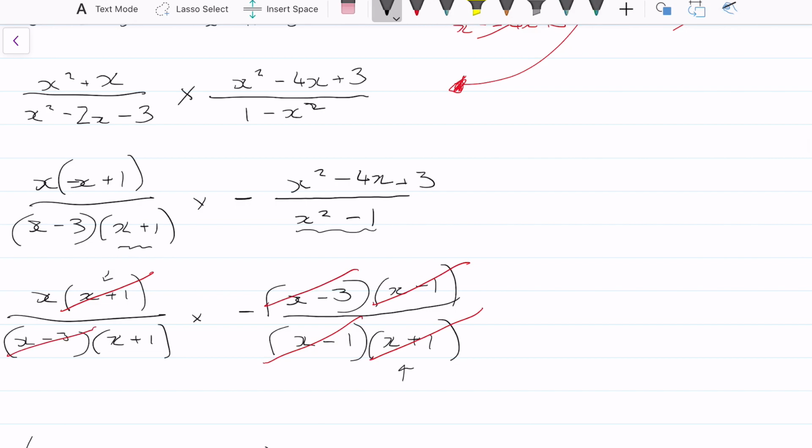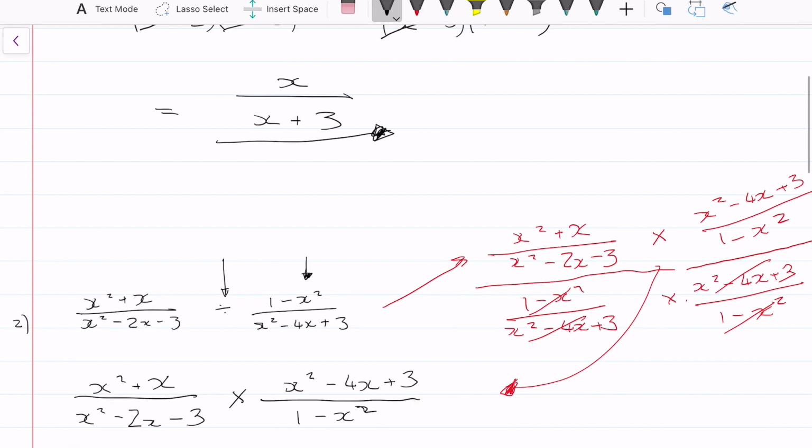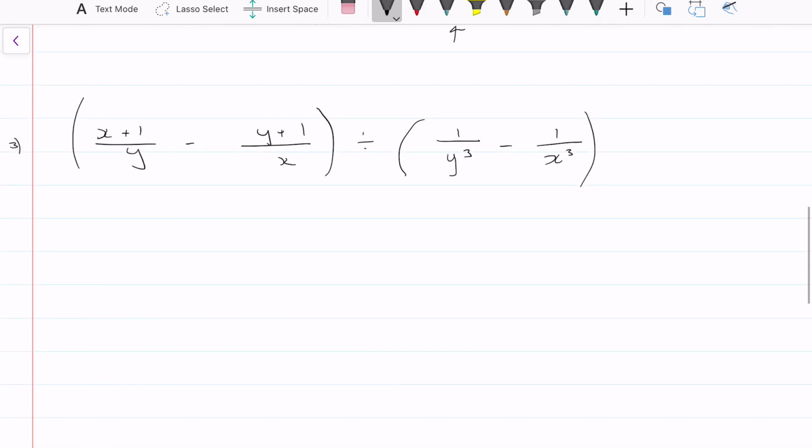And our final answer is equal to minus, don't forget that negative sign right there, x over x plus 1. And that is the final answer. Okay, looking at this next question, the first thing I'm going to do is deal with